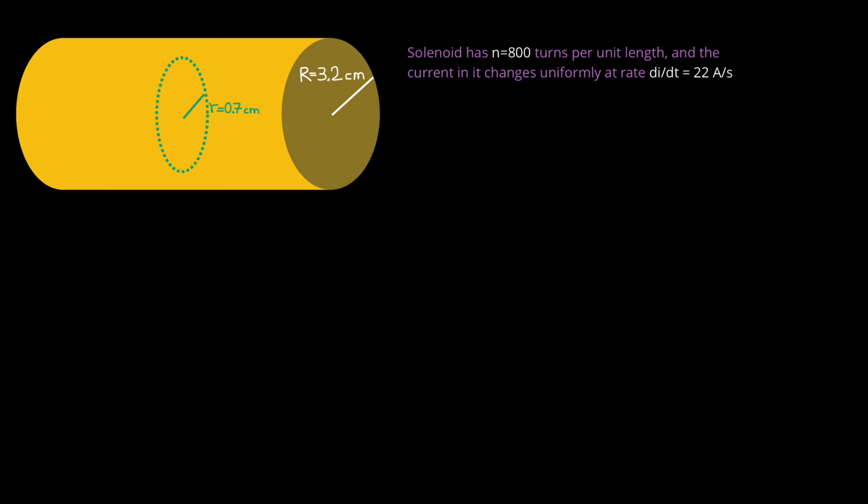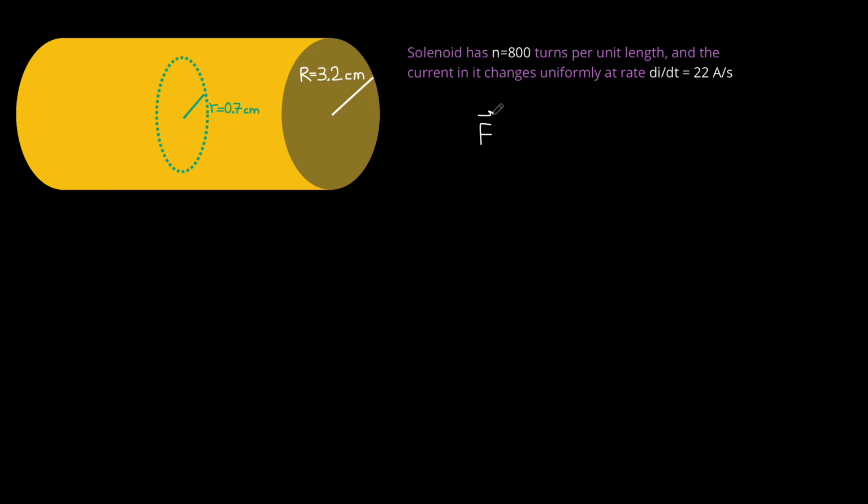If you look at things from the perspective of a charged particle, like an electron, the electron will move along the circular path. That's the induced current. What makes the electron move? Well, there must be an electric field such that the electron can move. As the electron is moving,